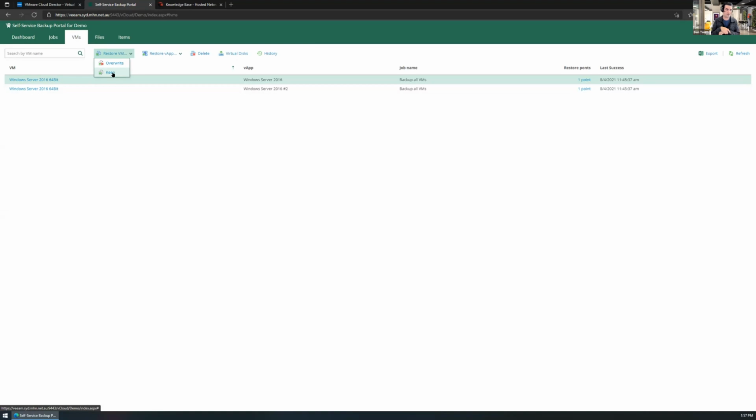Do the backups reside in the same DC? No, they do not. We back up to a secondary data center in the same state, included in the cost. So if it's in Sydney, it's going to go into one of our secondary data centers in Sydney. If it's in Melbourne, it's going to go into one of our secondary data centers in Melbourne. If you want it to replicate interstate, then we can also configure that for you. So we just need to have that conversation about what your requirements are.